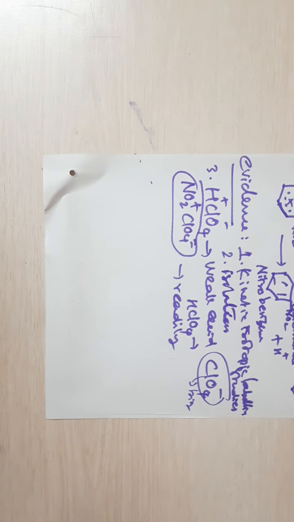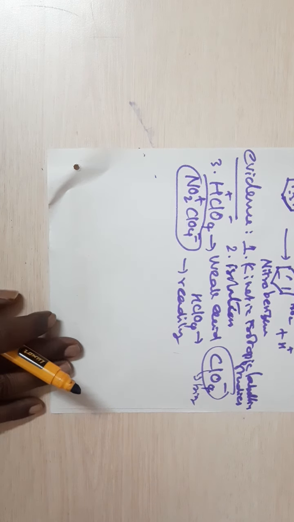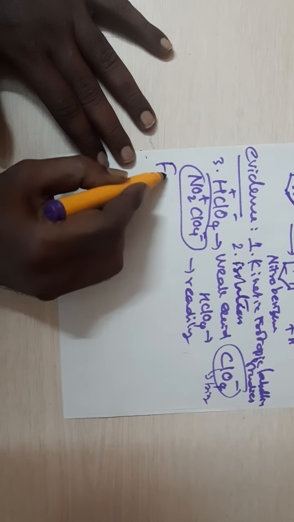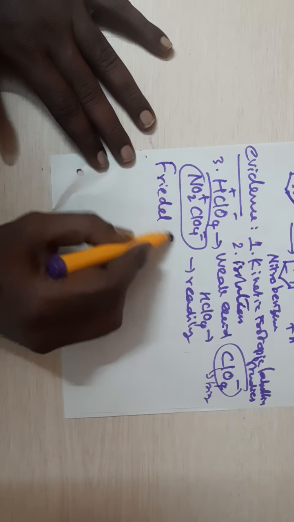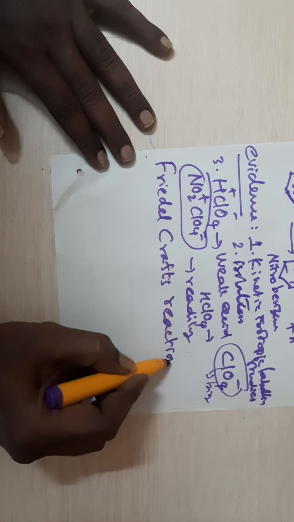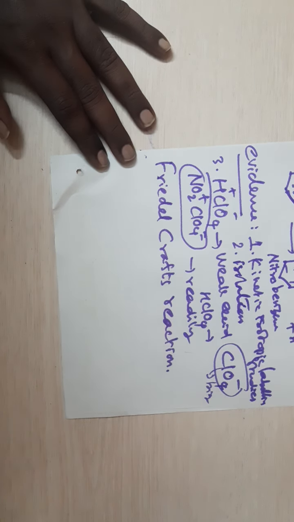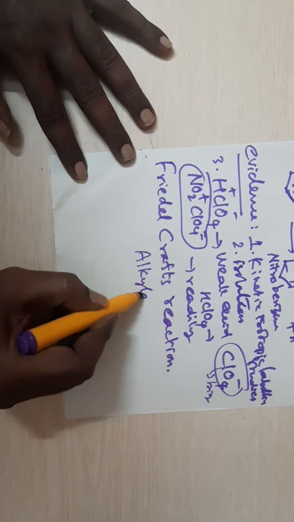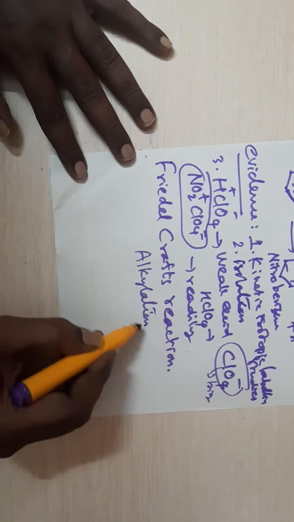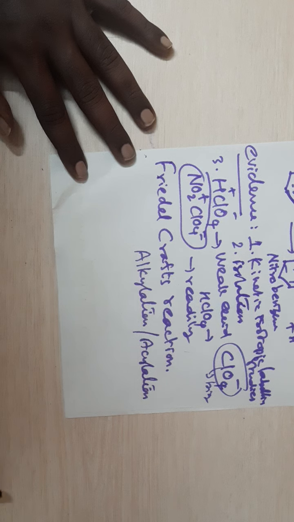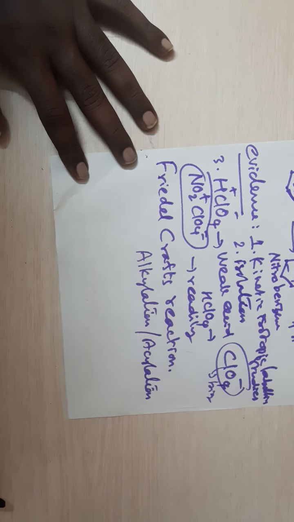See, the next reaction that we have to discuss is the Friedel-Crafts reaction. The Friedel-Crafts reaction is of two types. One is alkylation and another one is acylation. See, these two reactions are very important